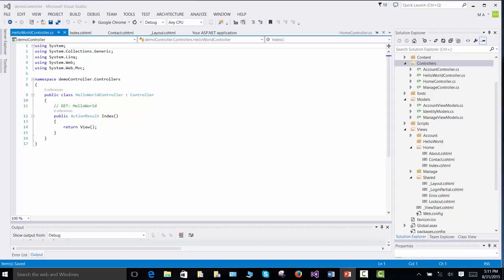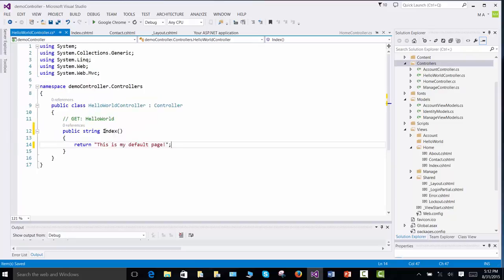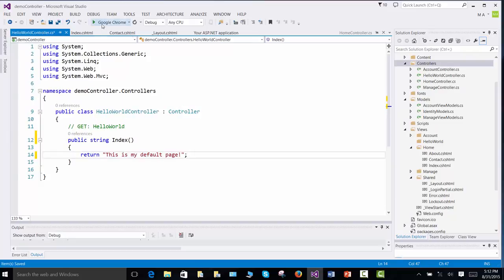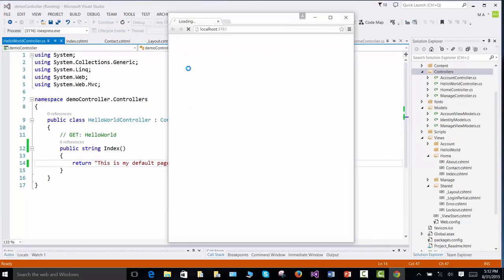And you'll see some of the default information here. You have an action result, which is index and returns a view. We'll just make some changes here to the index. We're going to pass a string to it. Return a string, I'm sorry, excuse me. And then we'll change this and we'll say this is my default page. So we're returning a string, and as we test that,